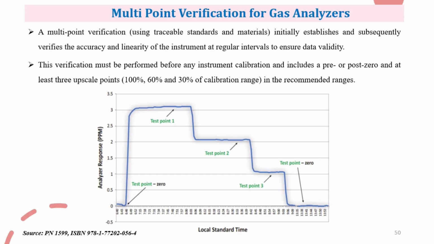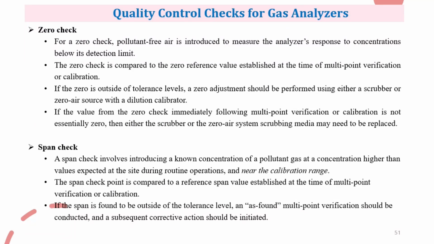The blue line shows how the analyzer responds over time, with plateaus and drops corresponding to the calibration points and zero levels. The zero check involves introducing clean air to see how the analyzer reacts at very low concentrations. We compare this response to a previously established zero figure. If the zero value is not within tolerance level, we need to adjust it using a scrubber or zero air